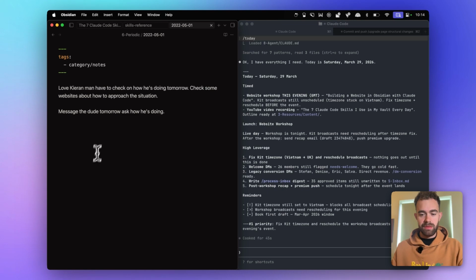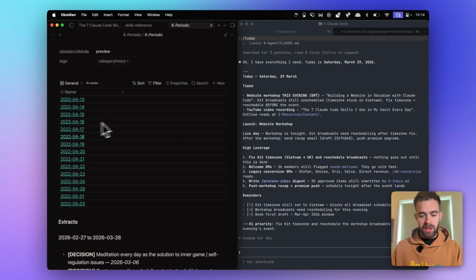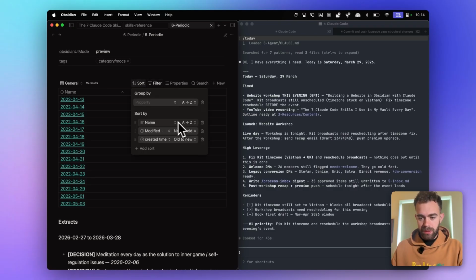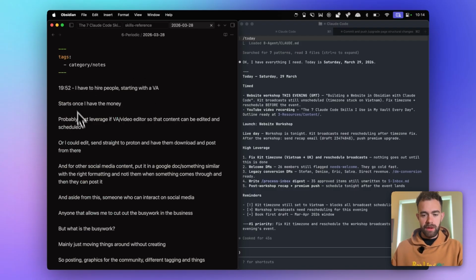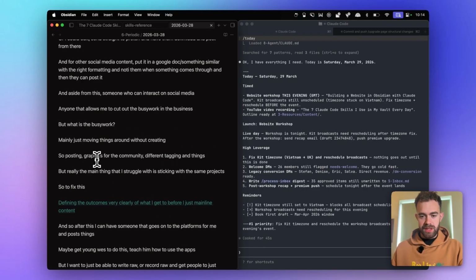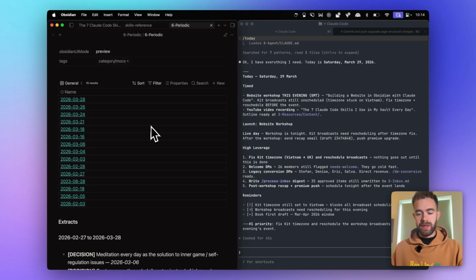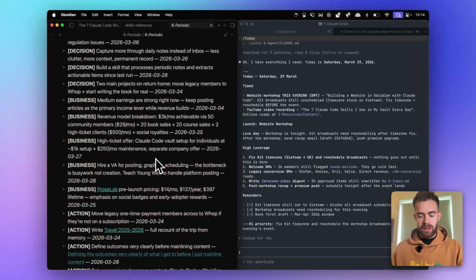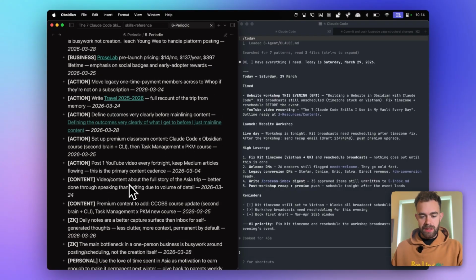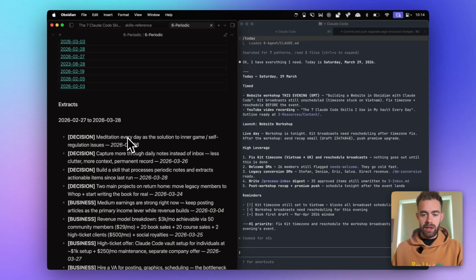So you can see here, that's a really old note actually. You can see here if I sort them, there we go, if I sort them new to old, then you can see I've got lots of different information that I've captured here. And you can note that this is still quite a lot of clutter for me to